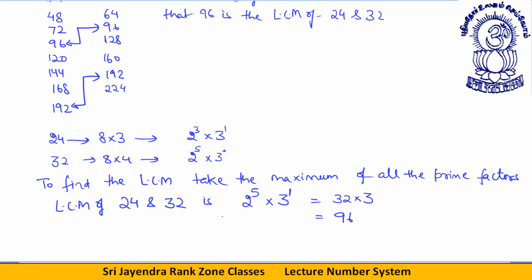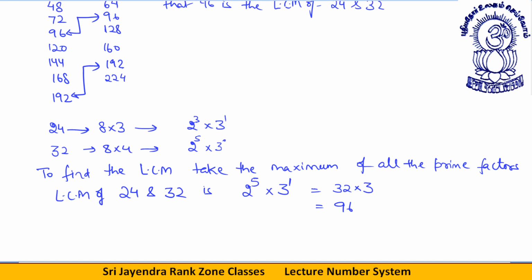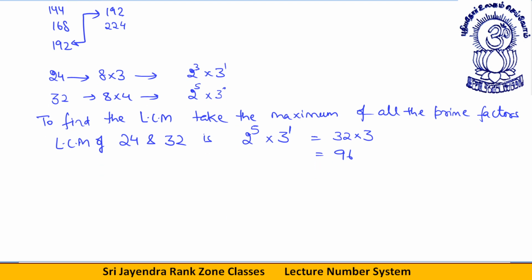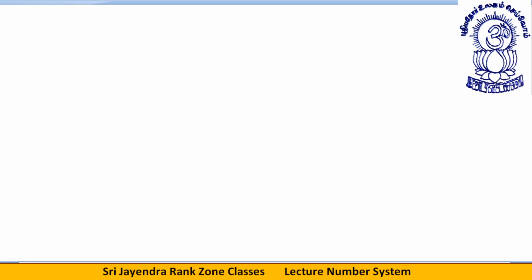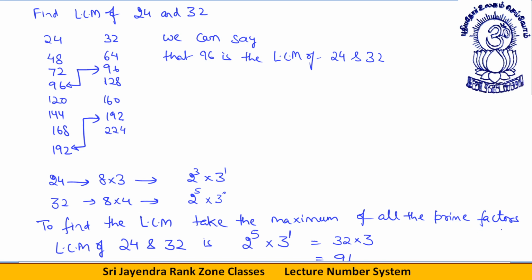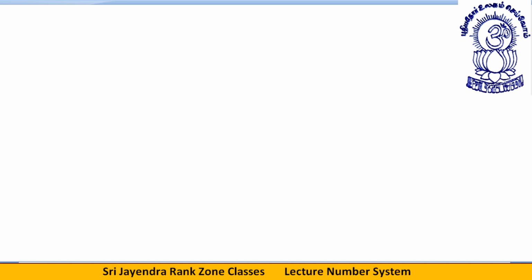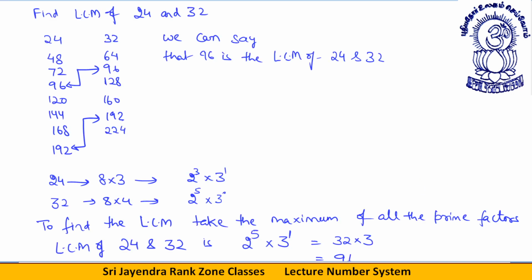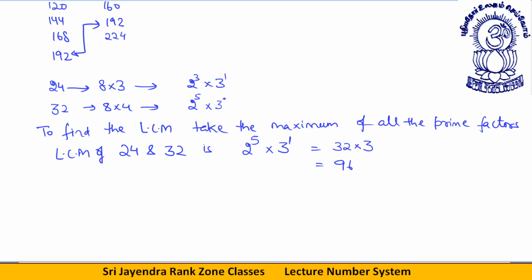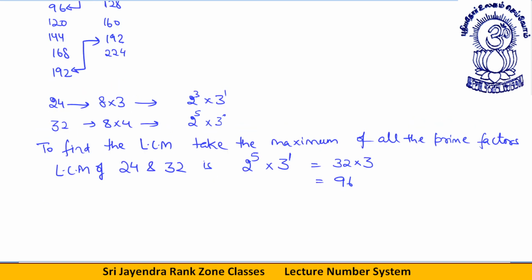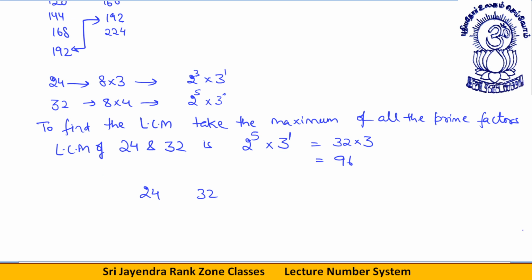Dear students, got it? There is one more way of finding the LCM. Just give me a second. I need to write this on this page only. Now the last method is, write down 24 and 32. Some of you might also like this. This will appear easy to you. Now if I divide both these numbers together, let's see till what point they are divisible.